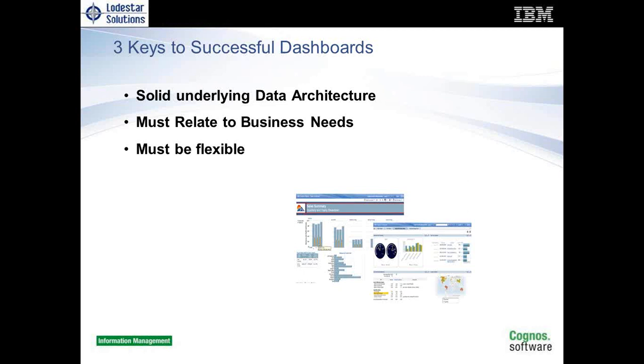It must relate to the business needs, and it must be flexible. Our goal is self-service. We don't want to put the burdens on IT to have to change reports and create reports 100 times. Give it to the user, let them interact with it. But I can tell you, when you move to Cognos 10 and you're using Cognos Insight, well, they keep changing the name. We now call it Workspace, but the former Business Insight, the dashboarding capabilities,